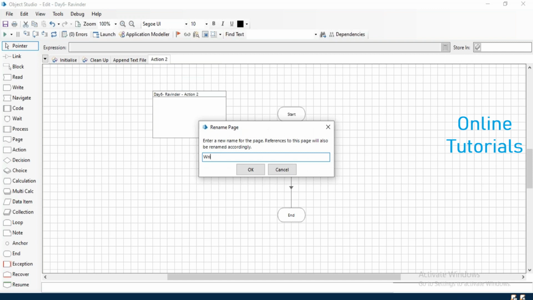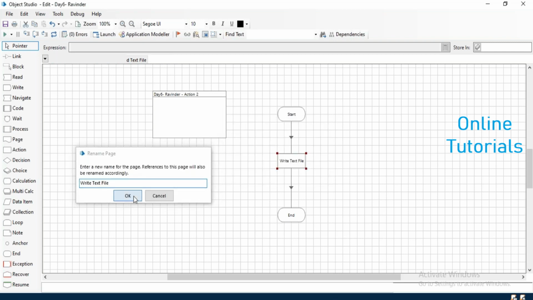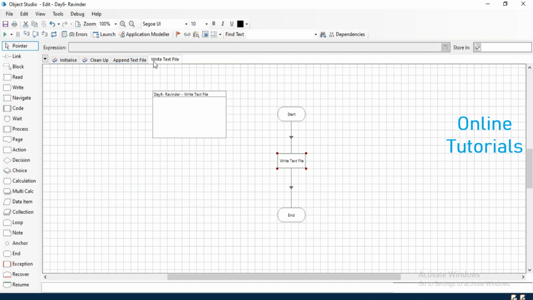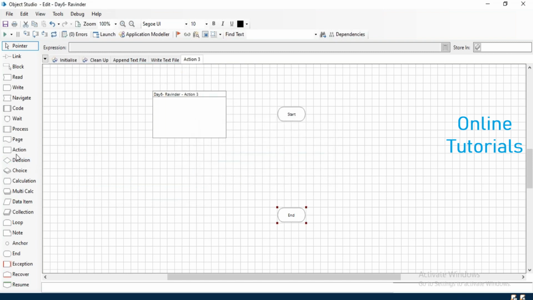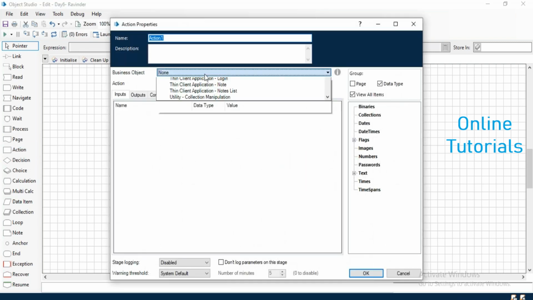So rename it write text file. Now let's create a new page. So drag the section stage. Now here